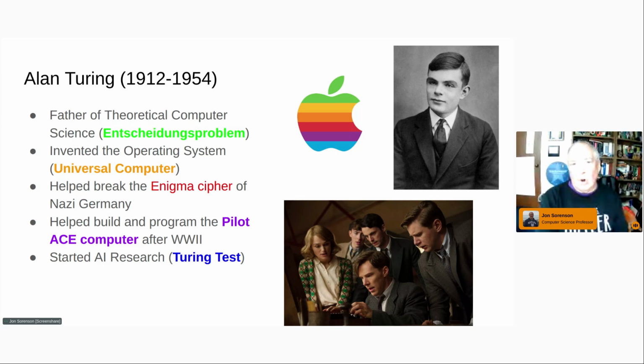He was working on something called the Entscheidungsproblem, which is just German for decision problem. It was a problem in mathematical logic. And in the 1930s, he came up with a solution and invented theoretical computer science as a side effect of his proof. And that included the concept of the operating system, the idea that you can write a program that runs other programs, and the corresponding idea that programs can be treated as data. So the whole idea that algorithms are data is something that came out of Turing's work. So this is part of his theoretical work, and that happened before World War II.